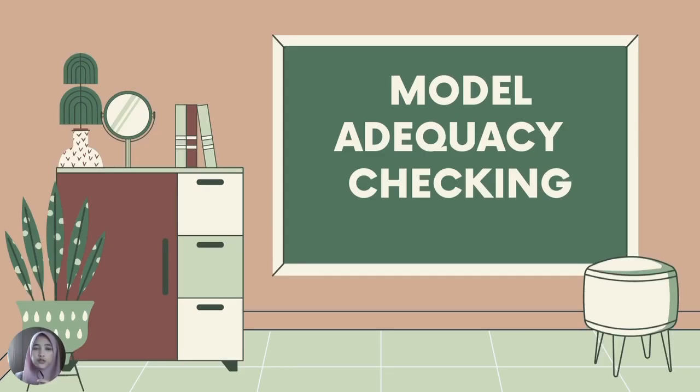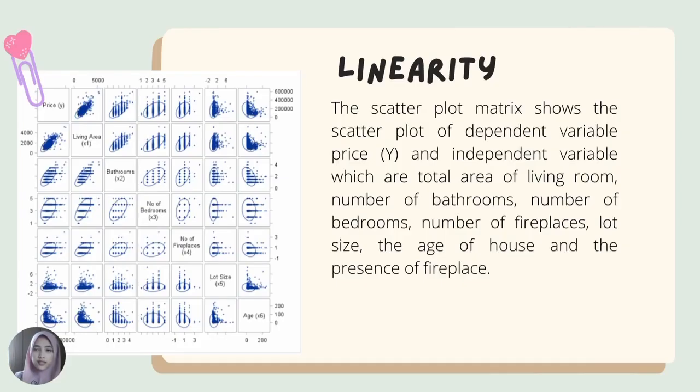Next, I will present to you the model efficacy checking. Scatter plots are used to show how much one variable affects another by plotting data points on a horizontal and vertical axis. This scatter plot matrix shows the relationship between dependent variable price y and independent variable